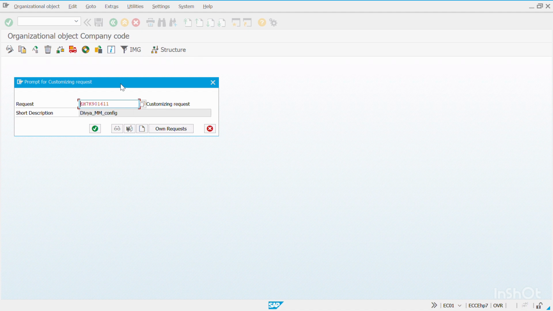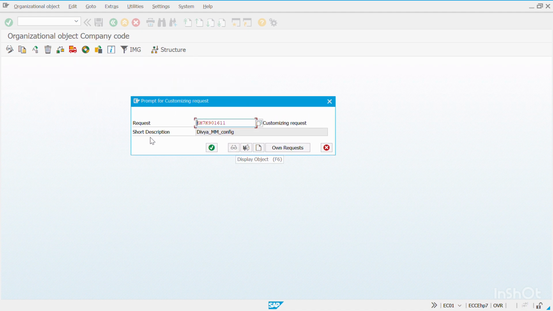Then if you see, there is a prompt that will be coming. Now this prompt, previously I forgot to tell you, is a prompt wherein you get the request number. Okay, now what is this request number? This is actually a customizing request. Right now we are working on sandbox, but when you start working in a live project,